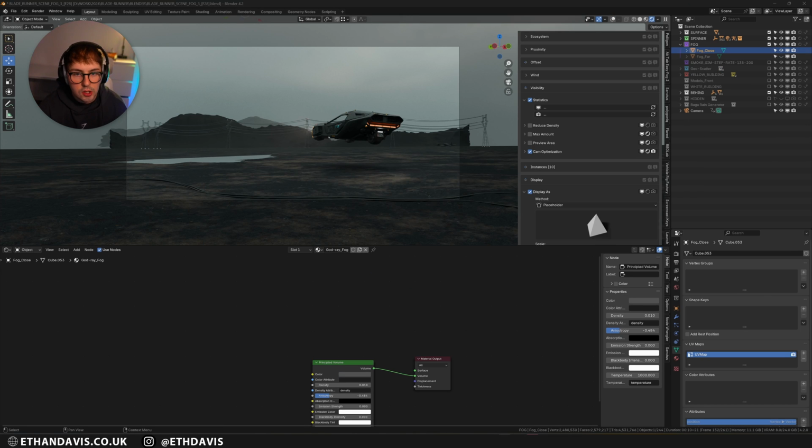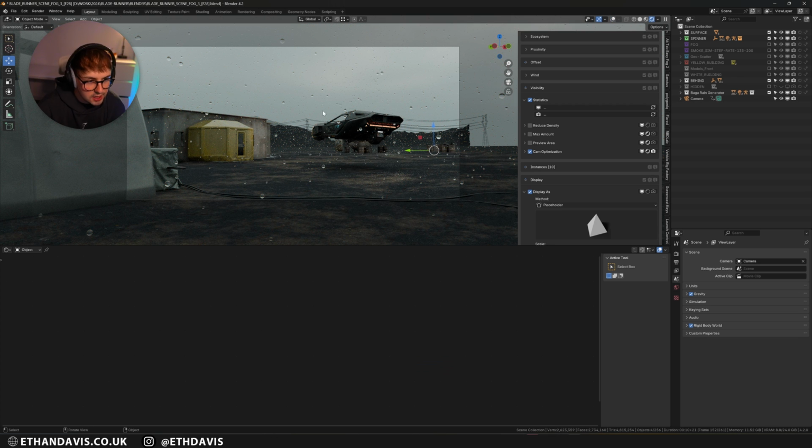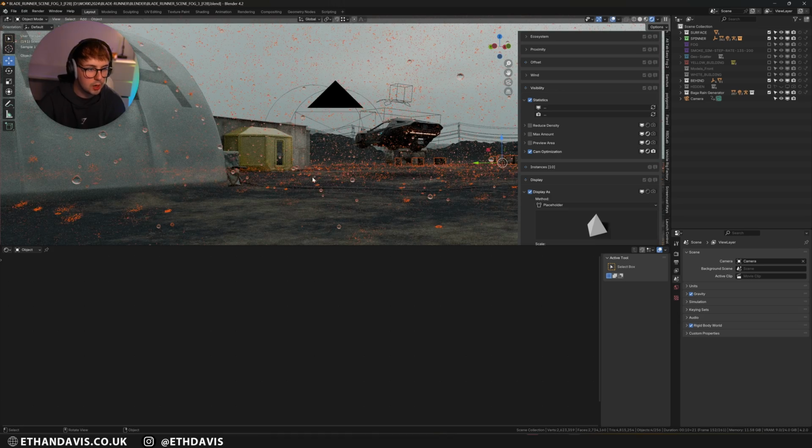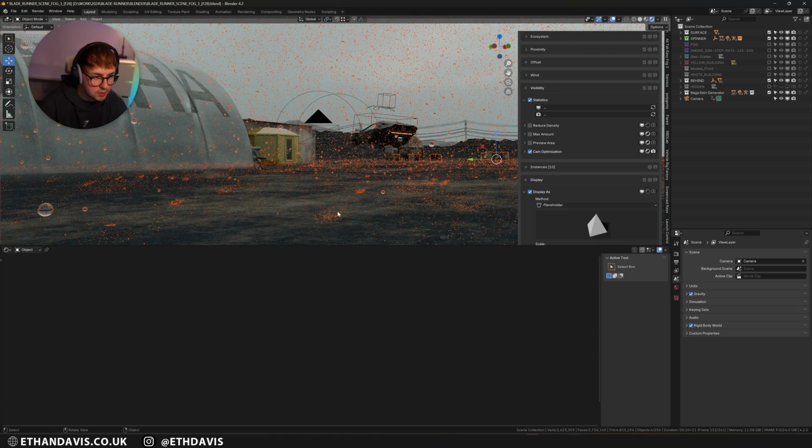Alright, so now the only things I need to show you are the smoke and the rain. Starting off with the rain sim, you'll see here I have Barga Rain Generator, and I actually only ended up using the splashes from this. So let me just turn off, I think it's turned on, yeah, the objects that it's affecting. But I actually only ended up using these splashes here.